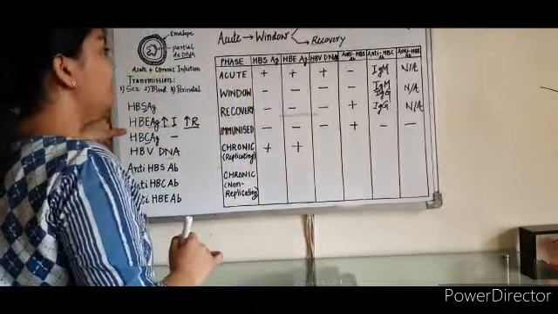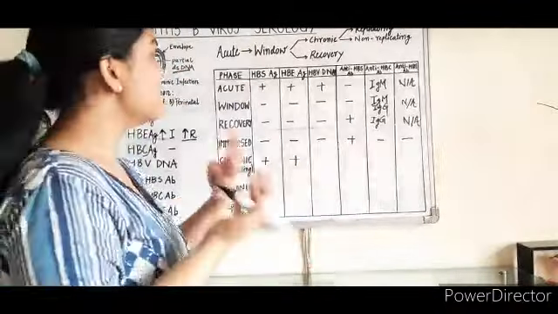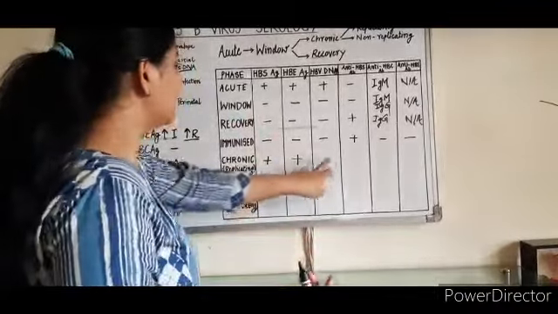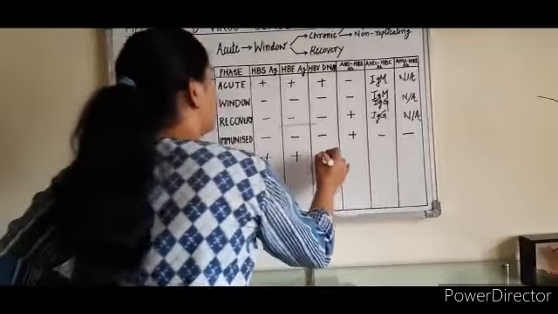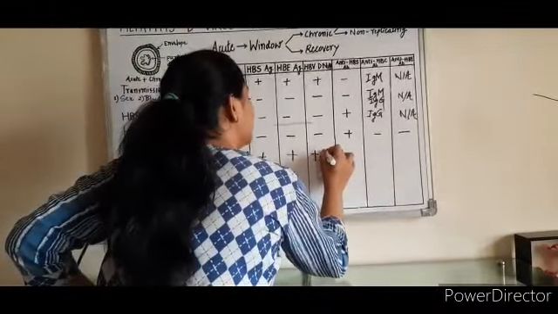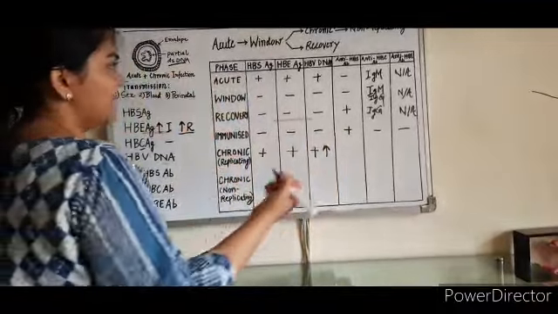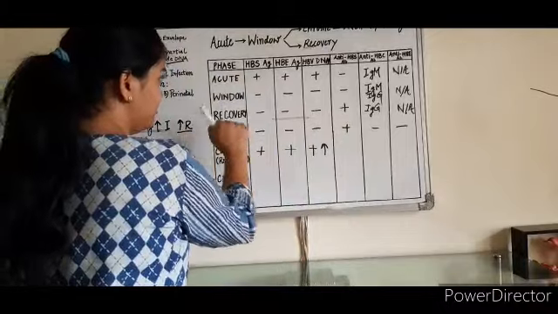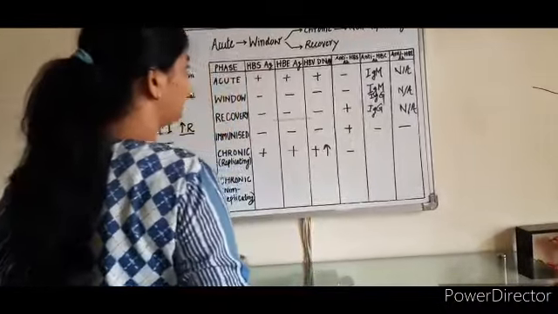Now, your hepatitis B virus DNA. Remember, what is replication? Replication is the increased amount of chromosomes and the increased amount of cytoplasmic organelles. So that means your hepatitis B virus DNA shall be positive, or in fact, I can say it is increasing. Correct? Now, because it's a chronic phase and the fact that you have not recovered means that the anti-hepatitis B virus surface antibody shall stand at a negative.